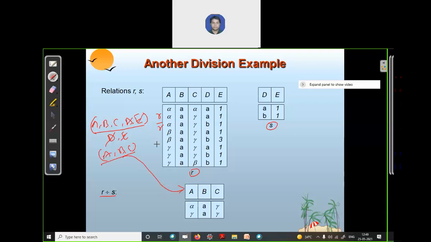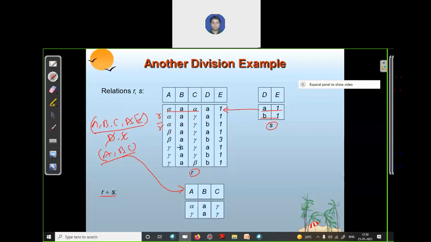Second, check the condition. What is the condition? The first record is A1. For A1, there are records alpha A alpha, alpha A gamma, alpha A alpha. Is there alpha A alpha for B1? Let's first find alpha A alpha.